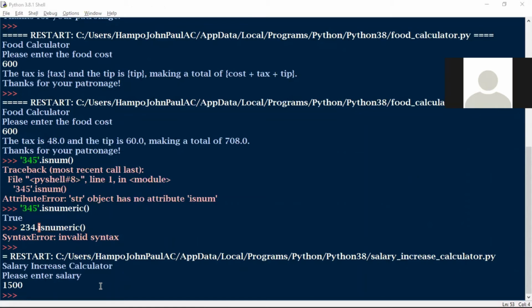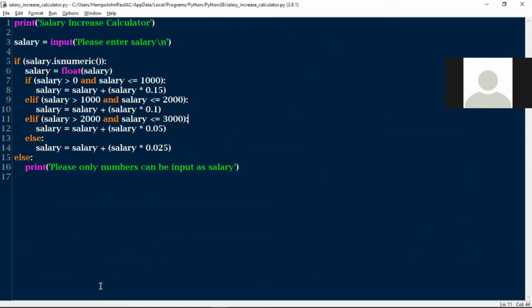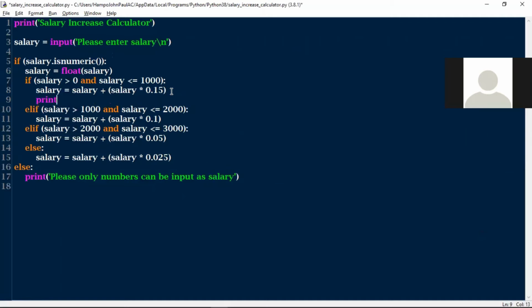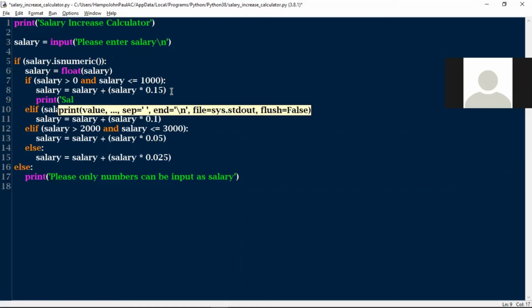Do you know why? I forgot to include my print. So at the end, I should print. You print salary for me. So print your new salary is